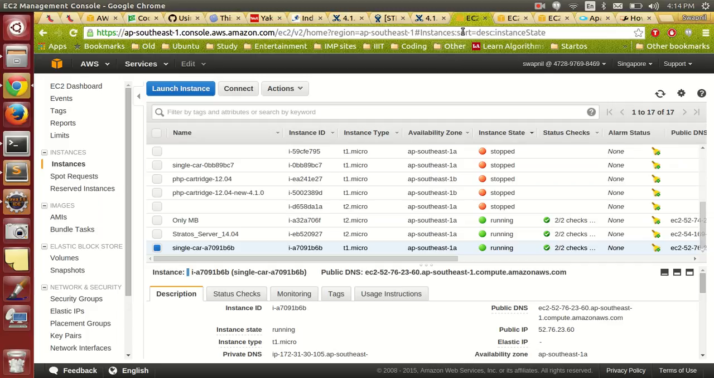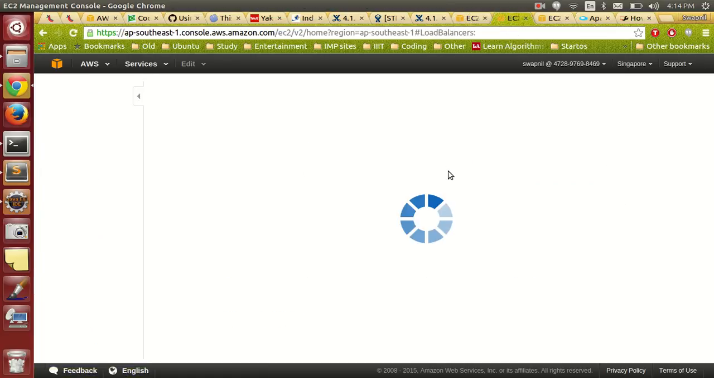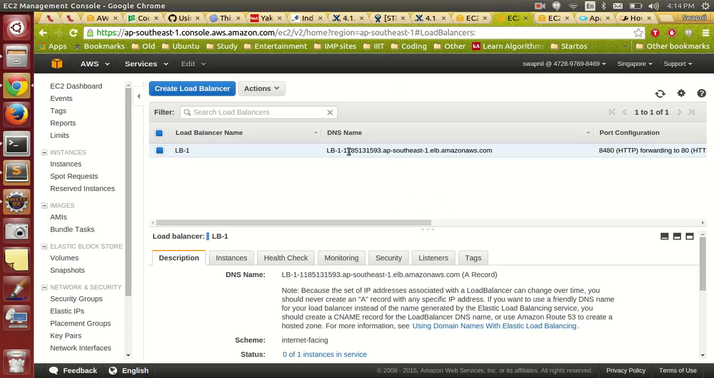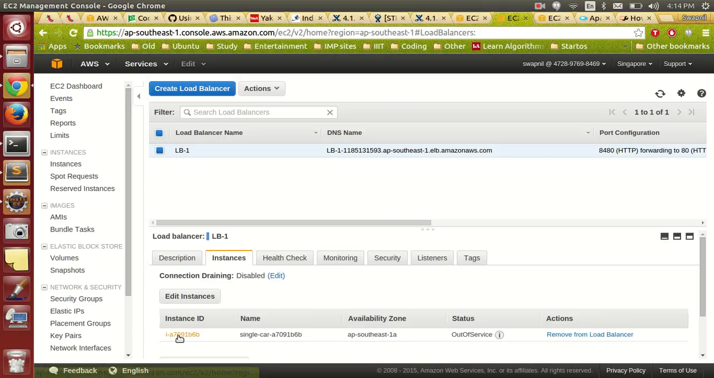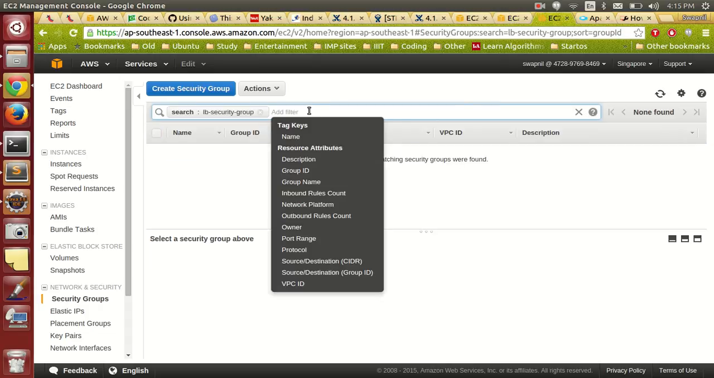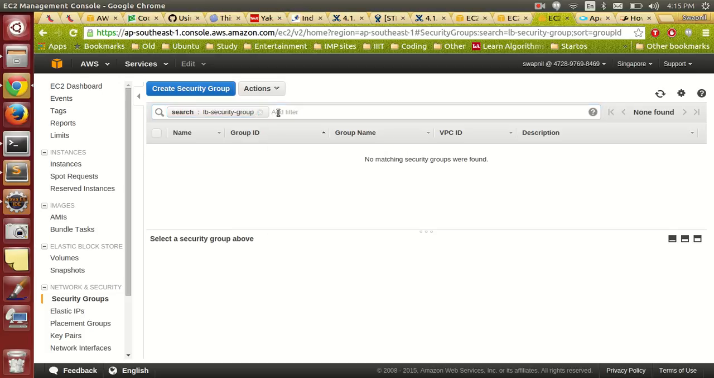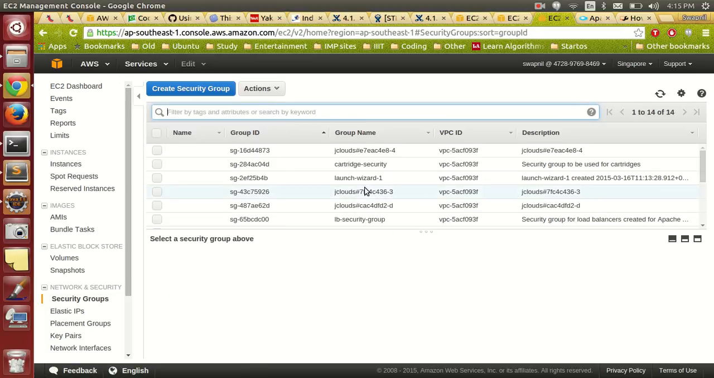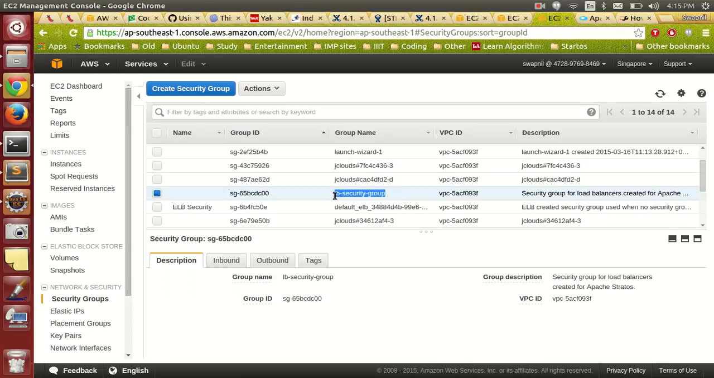So now you can see the load balancer is created on the AWS console. Yeah, and it has attached the instance. The instance is still out of service. It will take some time to register it to the load balancer and be in service. So we just wait for a few seconds. And we need a security group for the load balancer, that is also created here. You can see,